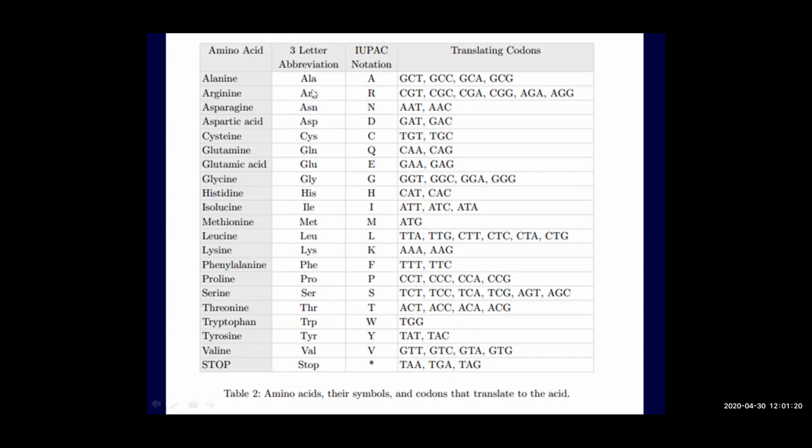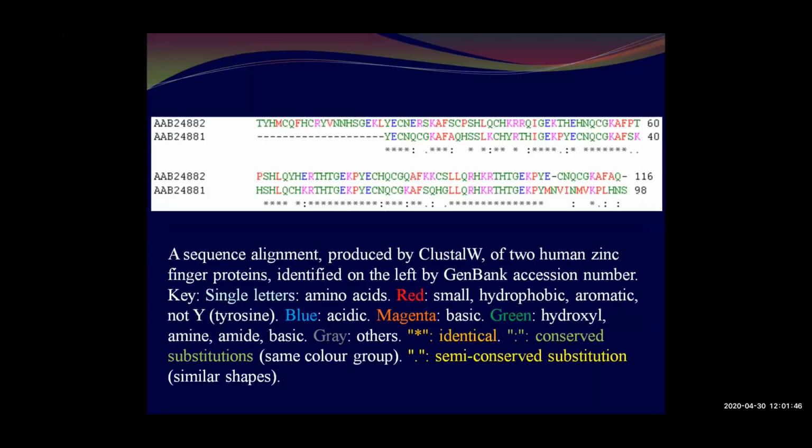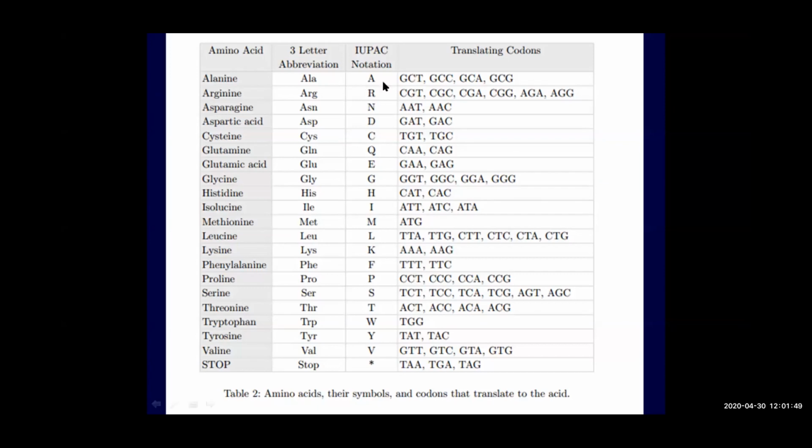And all 20 amino acids can also be designated by either a 3-letter abbreviation or by a single letter notation. So in bioinformatics, we use single letter notation, so that each can be represented by a single alphabet. These are the alphabets used for designating different amino acids. These are actually defined in certain specific terms. Mostly it is the first alphabet of a particular name which is taken as the symbol for that amino acid. But when more than one amino acid is represented by the first letter, then we follow another principle.